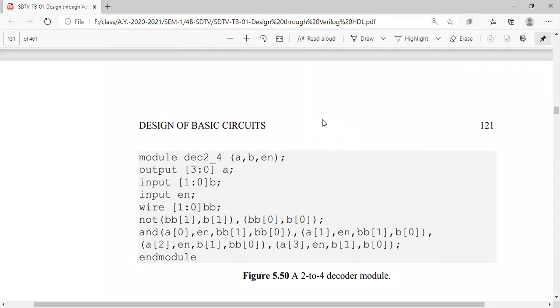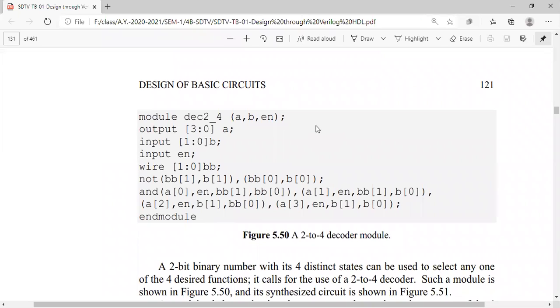Now here comes the concept of using a decoder. So what is the function of a decoder? Based on our inputs, it has to highlight something and produce some output, right?